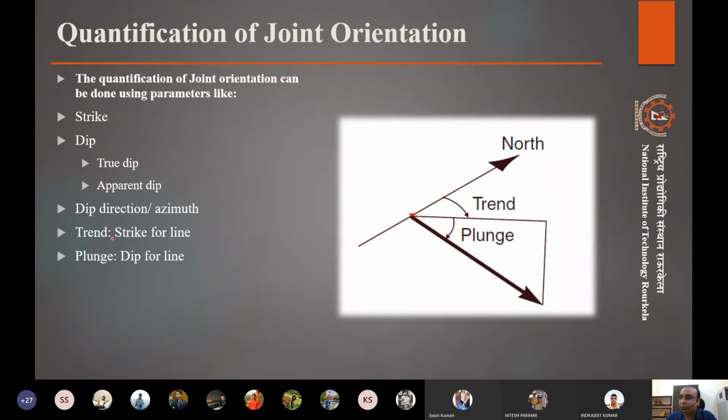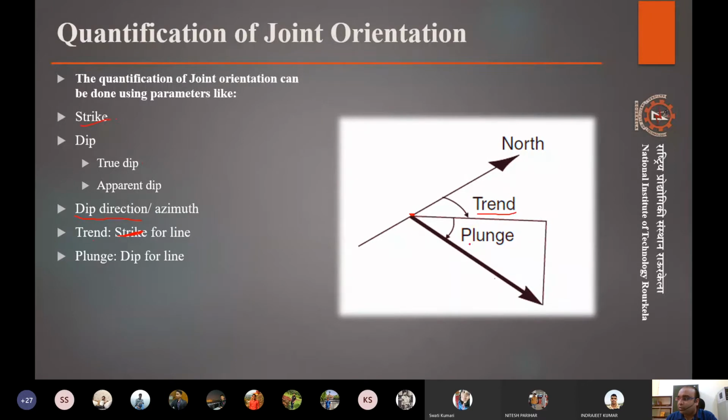That we have to remember, because the strike is the angle we see from the north, which is perpendicular to the dip direction. So the dip direction is similar to trend. Trend is similar to dip direction, which is the angle subtended by the line with respect to north, and from the horizontal to the line is the plunge.